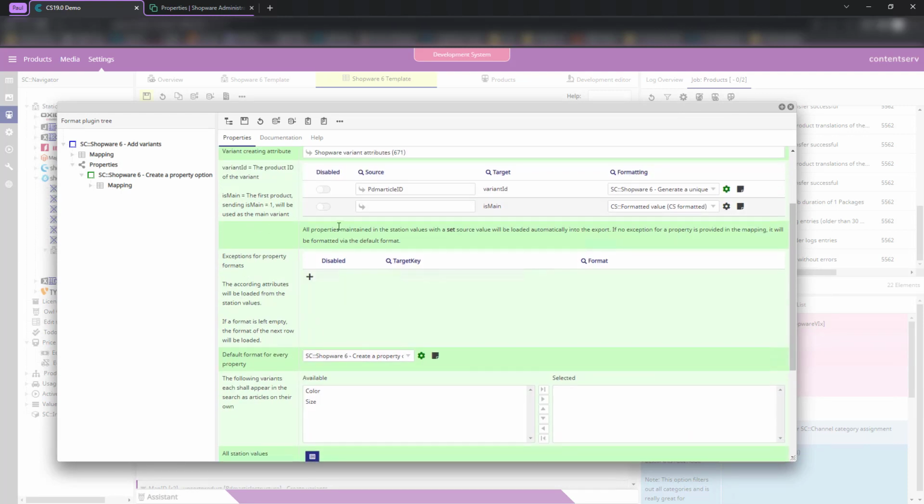And what happens here is pretty much described with all these texts. Every property of this plugin here is loaded via the station values and then exported based on the station values. And they are all exported via this format here. But if you want to create exceptions, say that a specific property is formatted